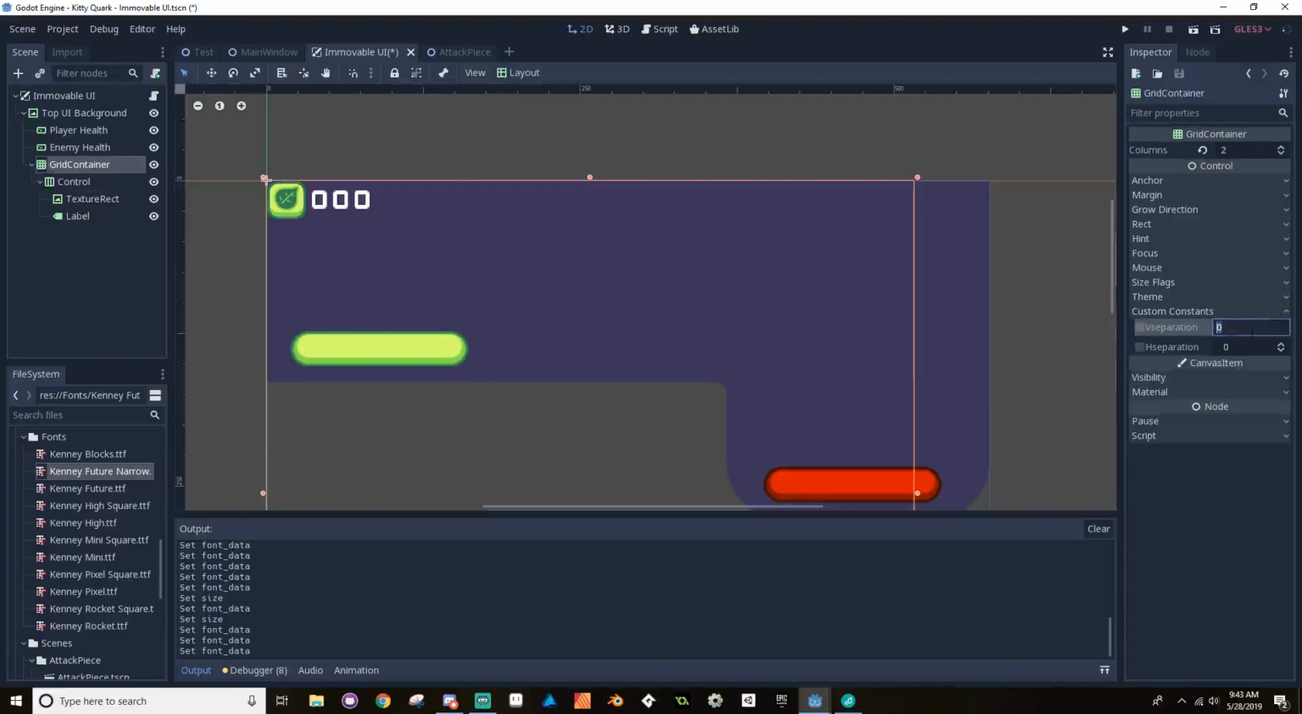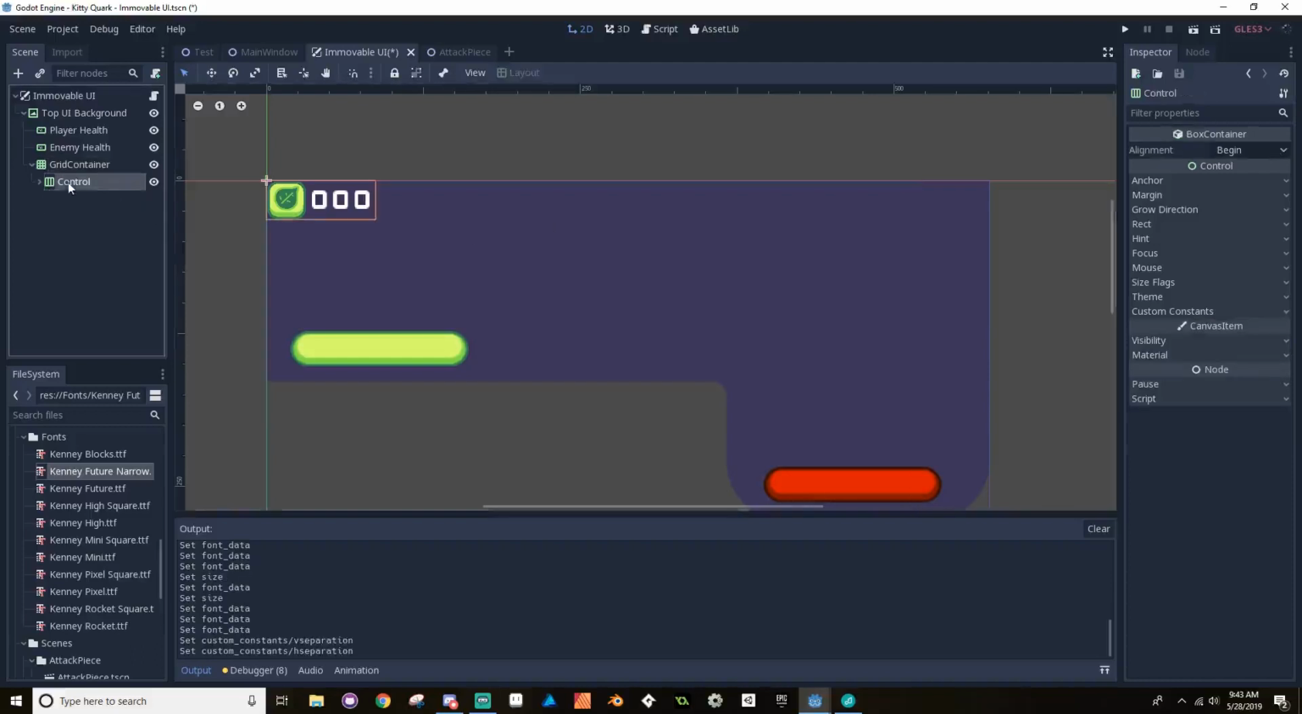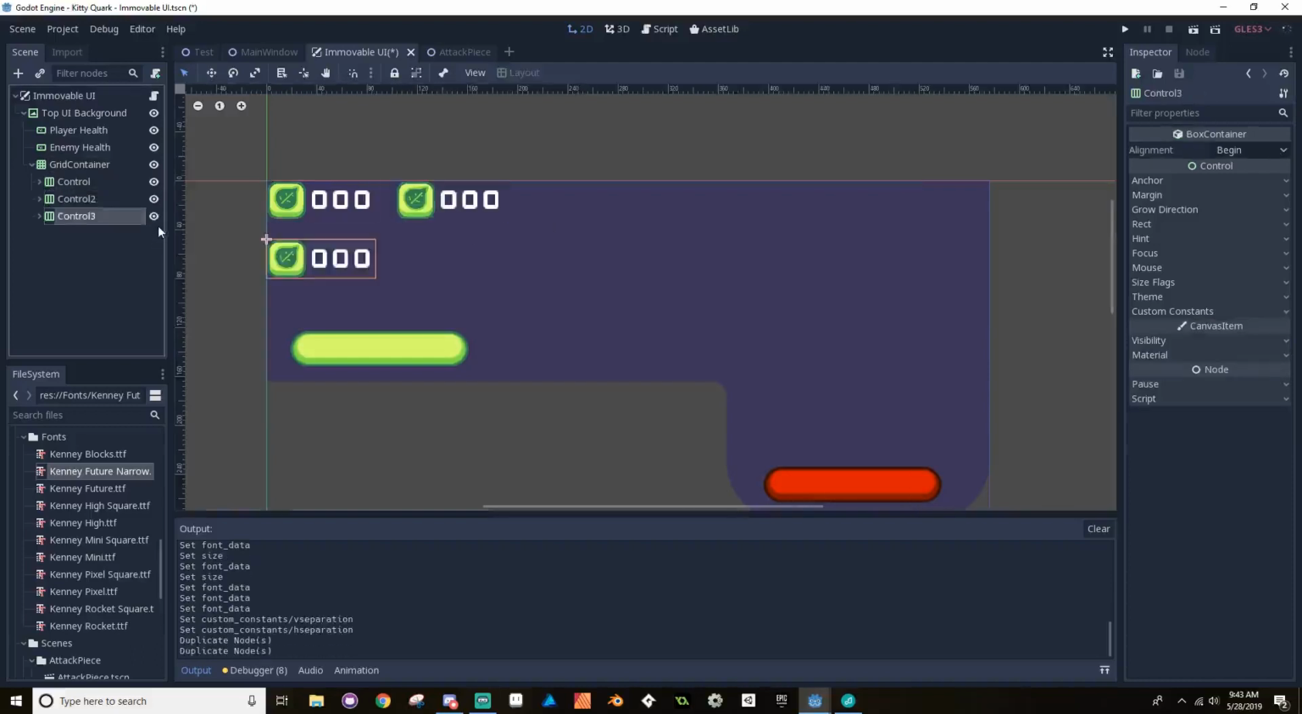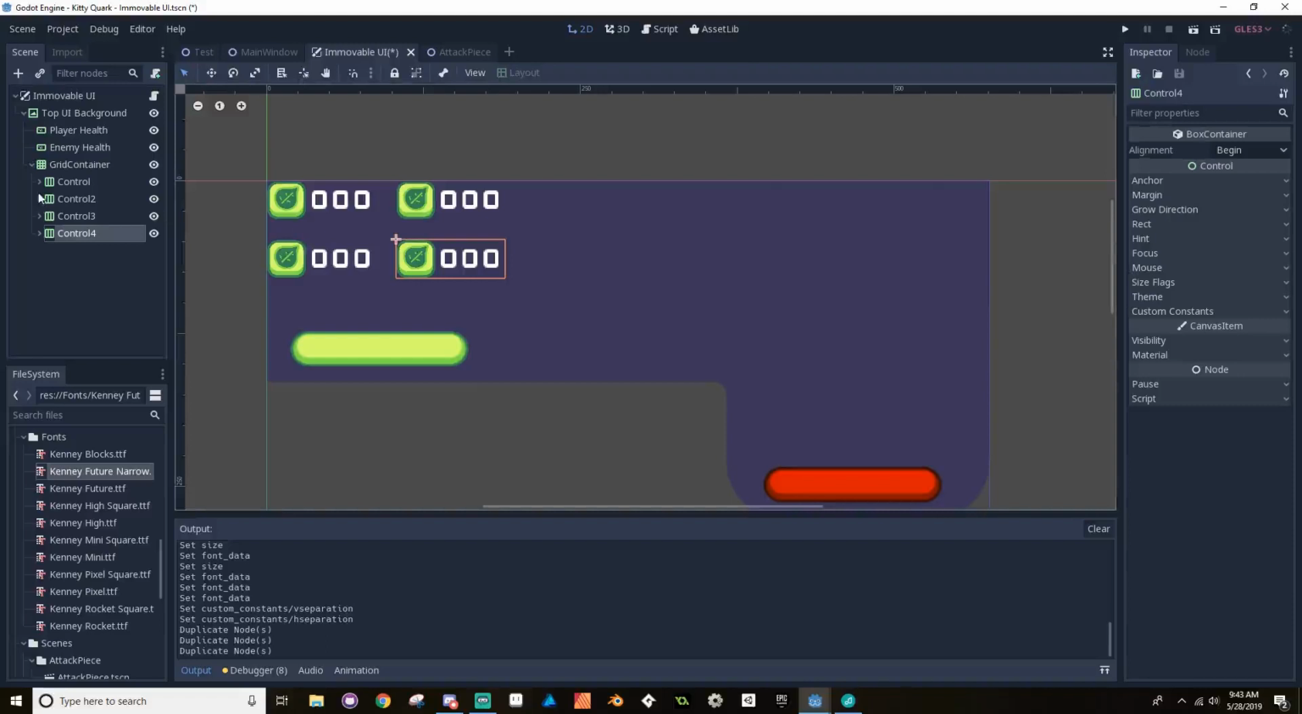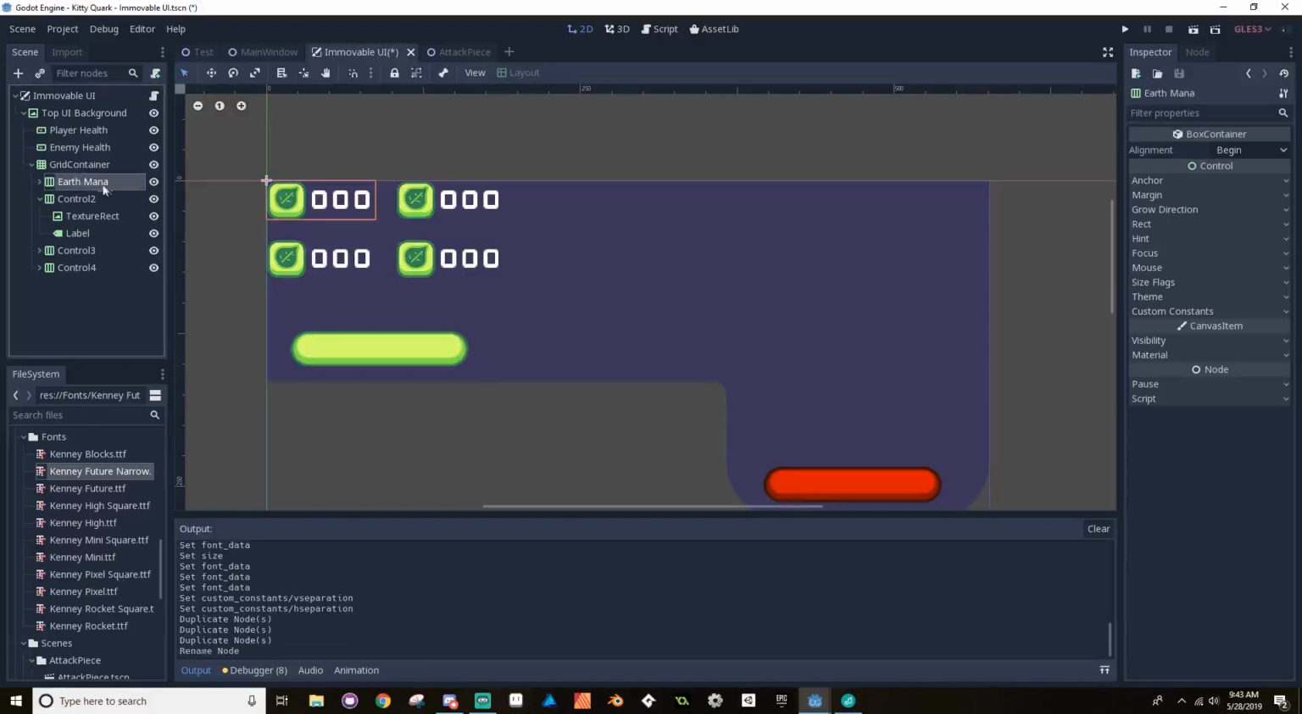let's make our V separation 16 and our H separation 16. I'm going to take this node, duplicate it, and then these other ones. So this is going to be for earth mana, and then we'll make this fire mana,